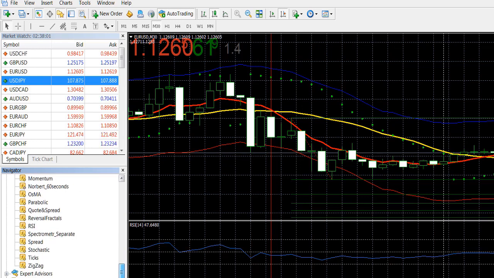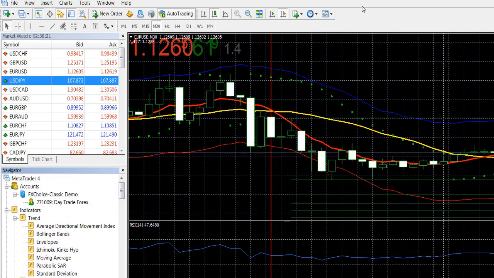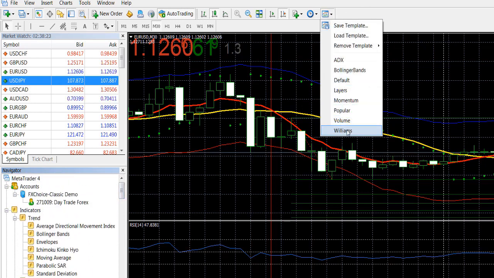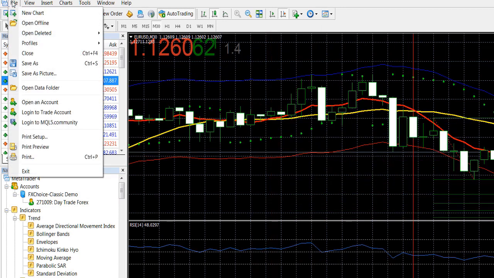So if you scroll down, then we have expert advisors, and these are no expert advisors that you want to use. In fact, I'm going to show you how to get rid of them. Don't ever use these. So to get rid of anything under expert advisors, or even any of these indicators, or if you want to get rid of any of these templates, then you go to File, go to Open Data Folder,